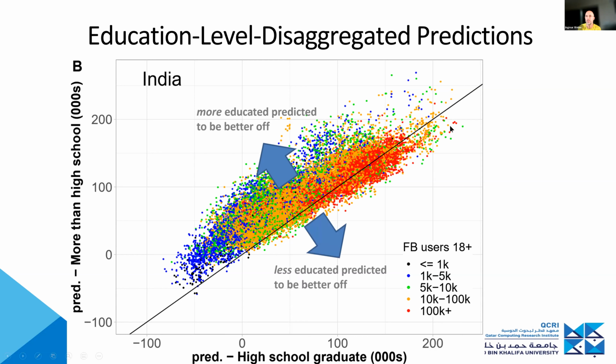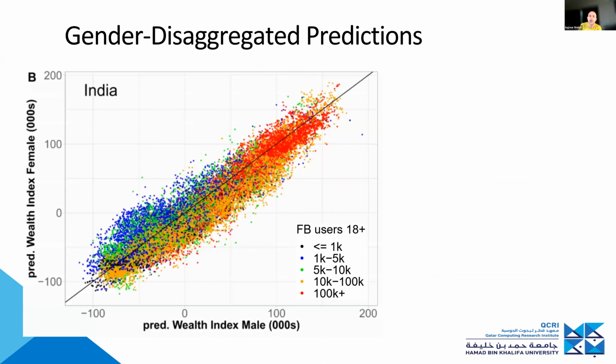It would be interesting to look at these outliers. Again, we don't have ground truth for those, but it would be interesting to look at whether it is really true that here people without a university degree have higher wealth. Maybe, or is this just noise in the model? But at least the overall pattern is plausible, which is reassuring that you can do this disaggregation. Now we try to do the same with gender disaggregation.